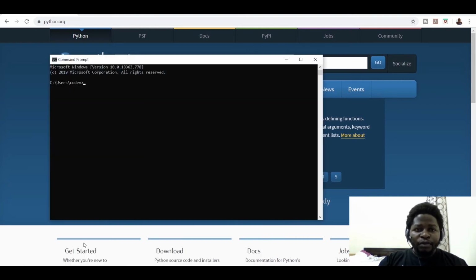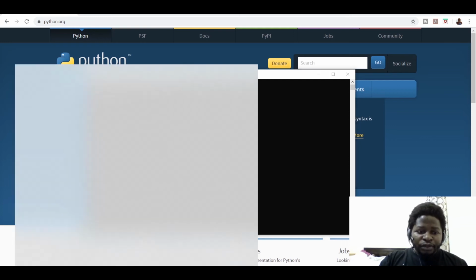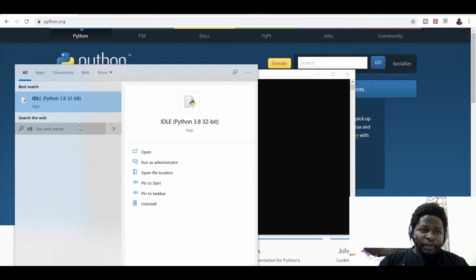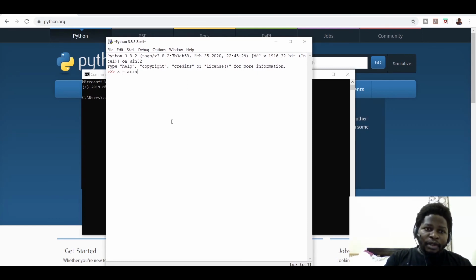the command window. When we do that, then we'll simply say pip install. Okay, when we do that, pip install, then we can type the package we need to install in Python. For example, if I go back to Python IDLE, and then I want to say let's say we have x equals array of, I'll talk about the array and so on, but then we have 0, 1, 2, 3 and 4,